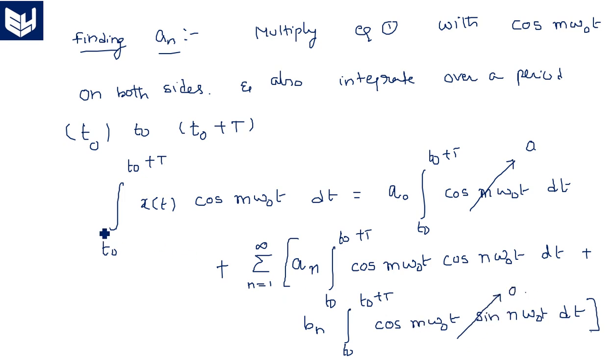Okay, now what is left here? On the left hand side we have t naught to t naught plus t, this one, and on the right hand side we have only the an coefficient. So then